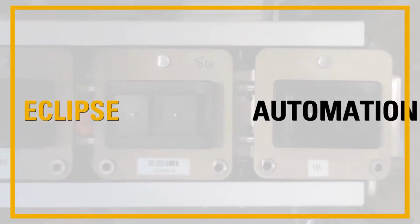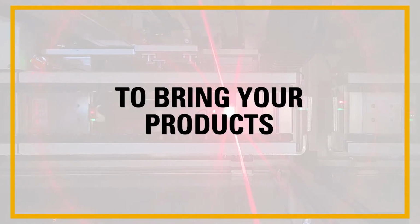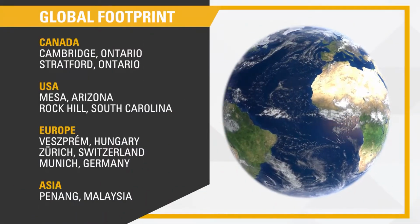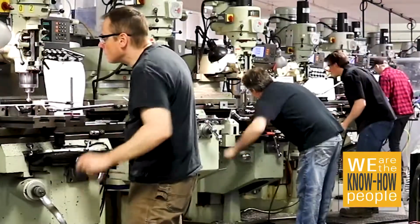Eclipse Automation, a full solution automation provider that has both the know-how and the global capacity to bring your products from pilot to high-volume global manufacturing. Our global footprint, including facilities in Canada, the United States, Hungary, Switzerland, Germany, and Malaysia, provides both worldwide bench strength